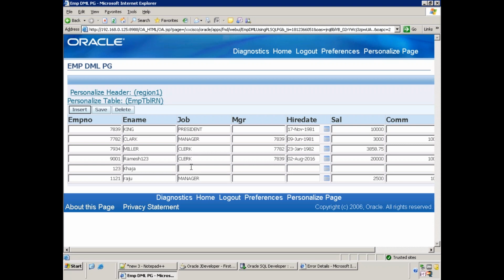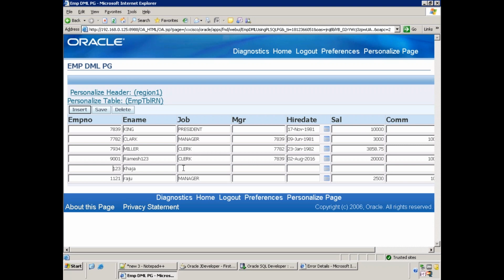But as a developer, understand carefully here. Now we have separate logic for the insertion, separate logic for the updation. How do you know which record is updated and which record is inserted? For this user, I just changed the username only, but for this user, I inserted a new record which is not available in the database so far. So employee number 123 should be inserted, and employee number 9001 should be updated. Are you clear now what I'm saying? Yes, sir.